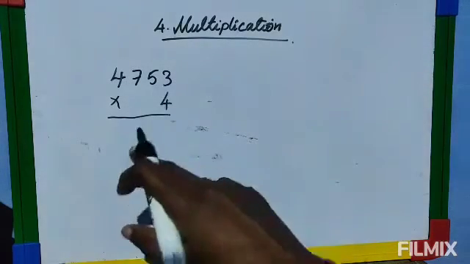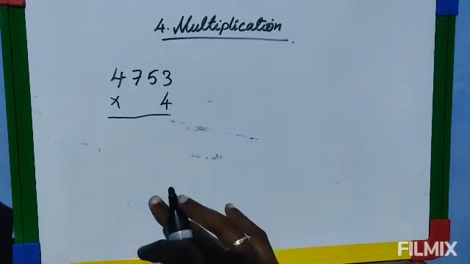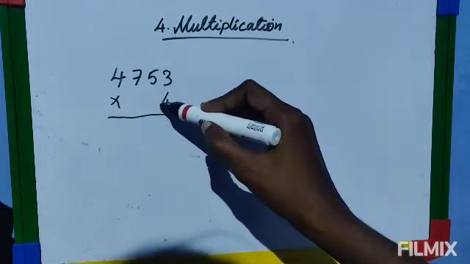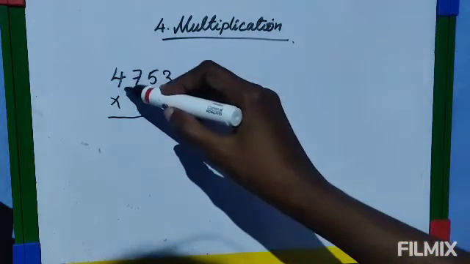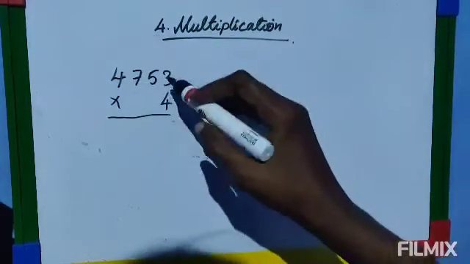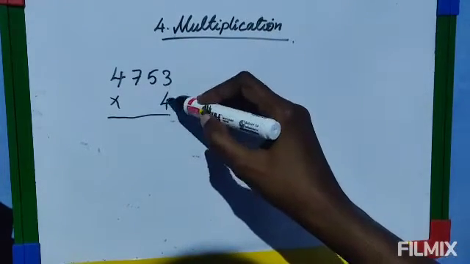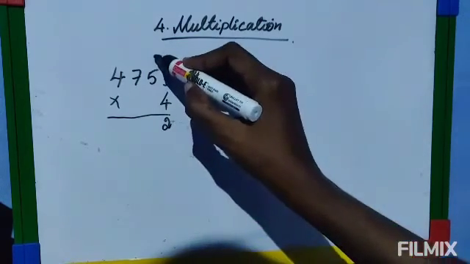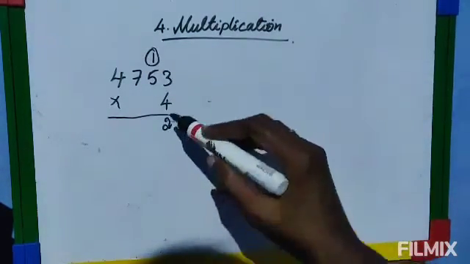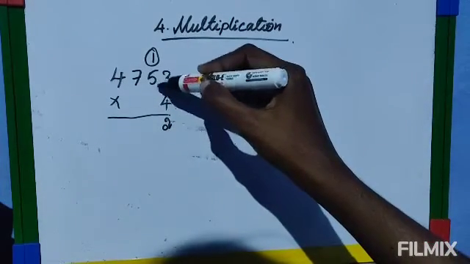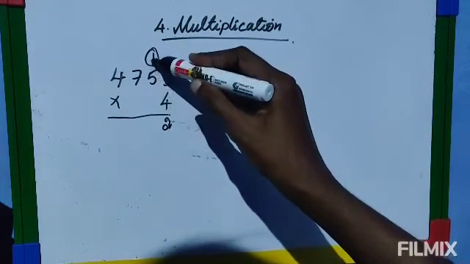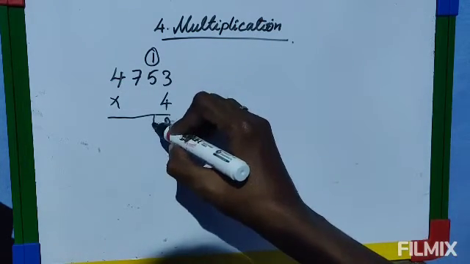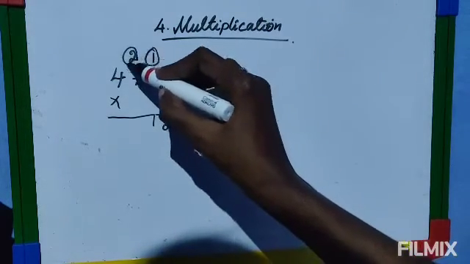Again, now multiplication. Okay, now multiplying by a single digit. Once again, I will give a recap, okay? So multiplying by a single digit. This number you are multiplying. First, you have to multiply this 4 with all the single digits of the number on the top. So first the ones digit. 4 3s are 12. So in 12 only 2 you will write here, and 1 is the carry over left here. Again, now the tens digit you multiply. 5 4s are 20. 20 plus the 1 already there, 21. So 1 you will write here. Again the 2 you will carry to the next digit.